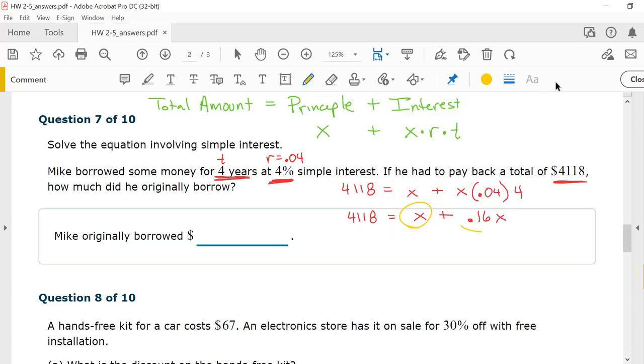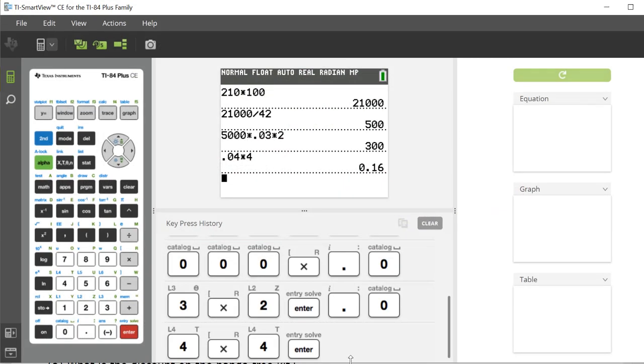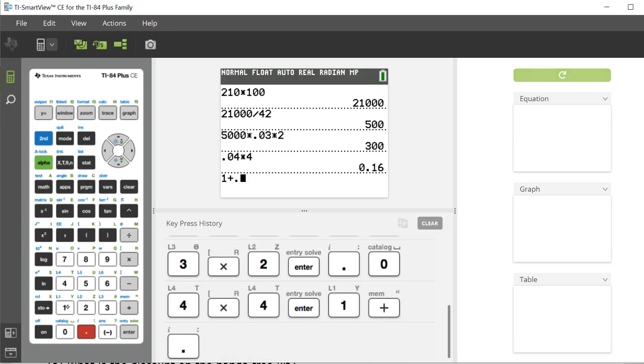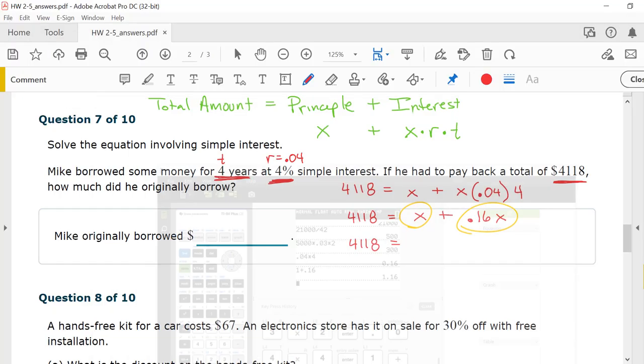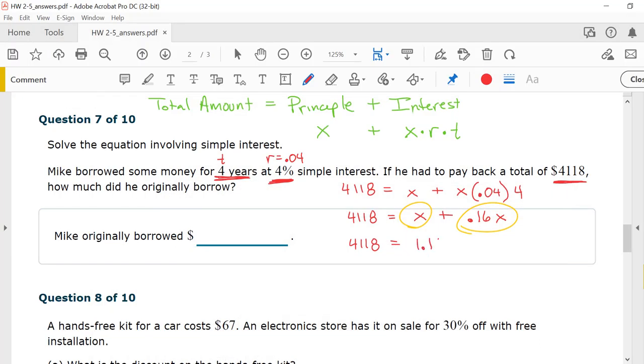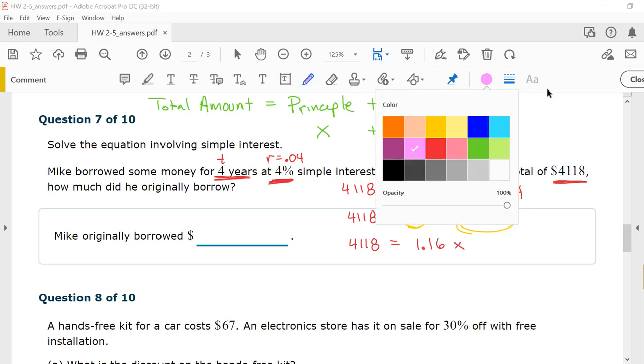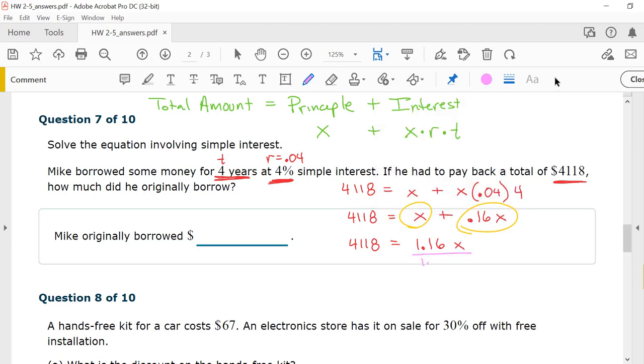What is 1X plus 0.16X? So 4,118 equals 1 plus 0.16 is 1.16X. Dividing both sides by 1.16,